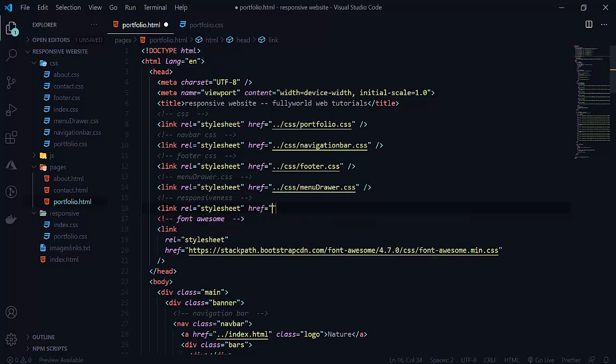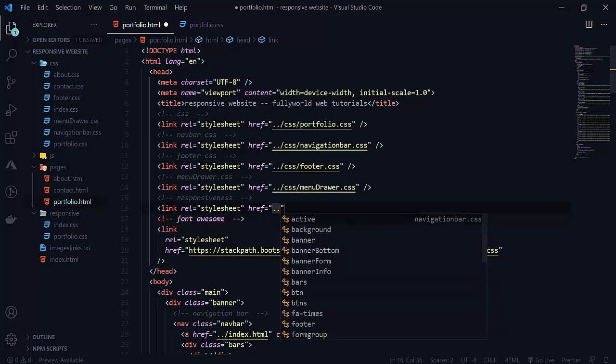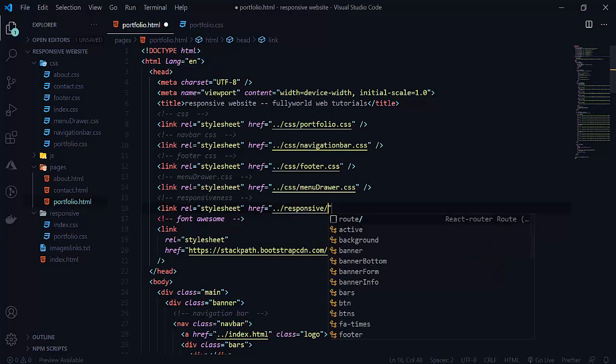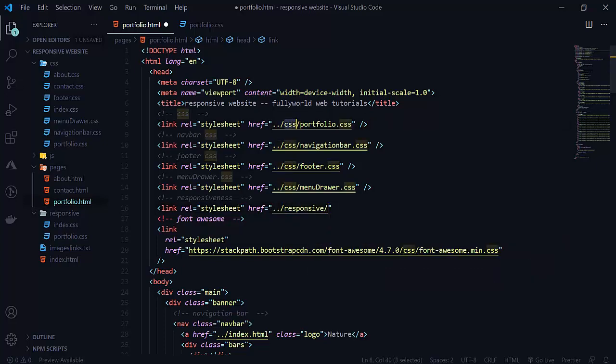In the previous part we went to the CSS folder, but here we are moving to the responsive folder. Under the responsive folder there is portfolio.css, which is what we want. Let's close this and save it. Now it is saved successfully.